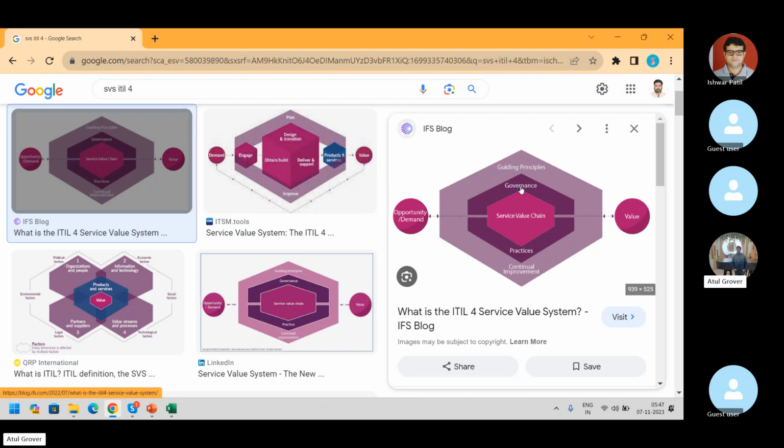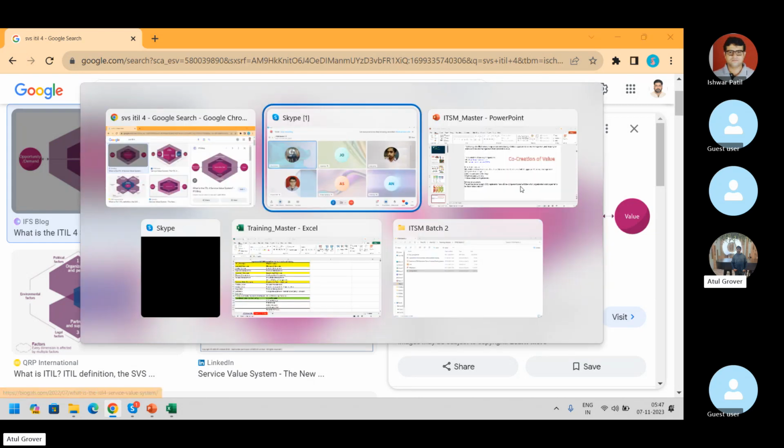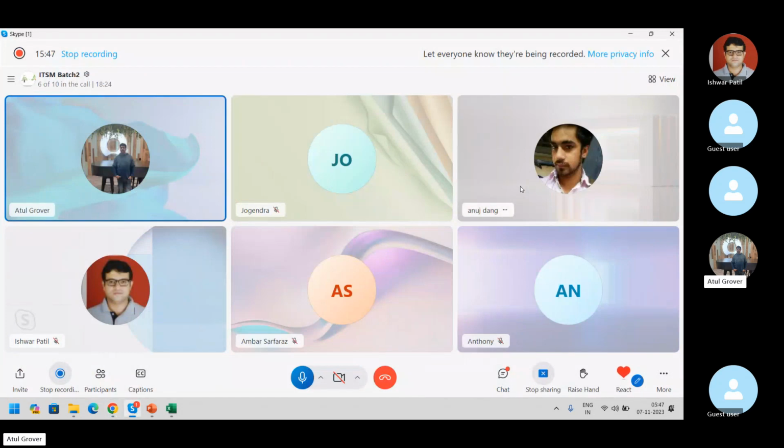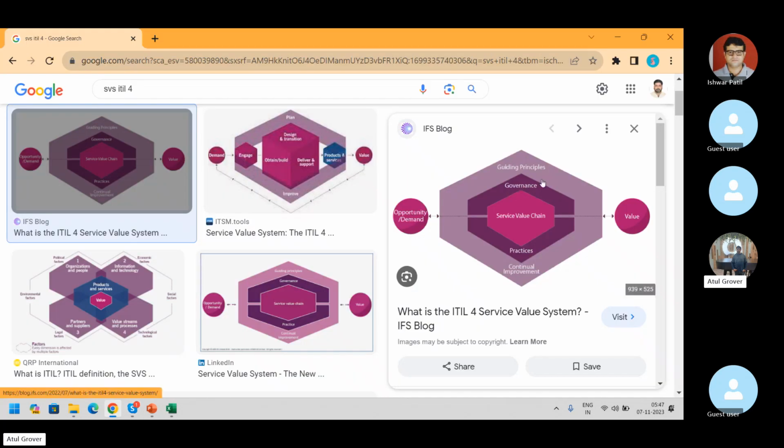Then governance. How to regulate, how to move forward, how to control the things. Like in our WhatsApp group, it is not allowed to send any good morning, good evening, jokes, forwarded messages, images, videos. If anybody sends, maybe one warning, two warnings, and on the third warning, they will be out. If there's a loss for me, that's a loss for me, but the person will be out of the group. This is what governance is.